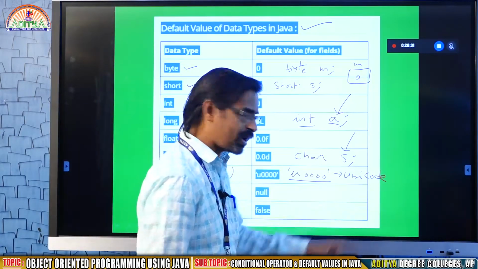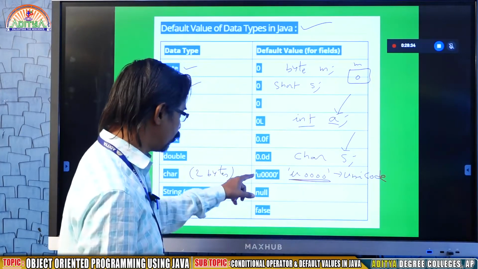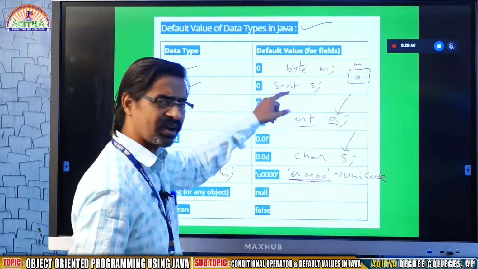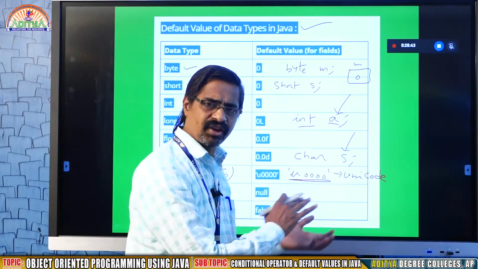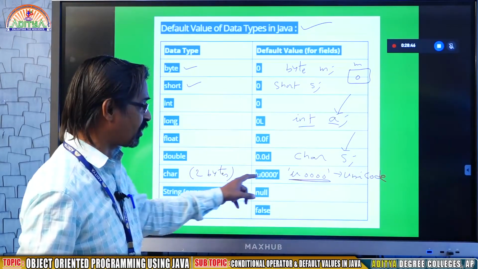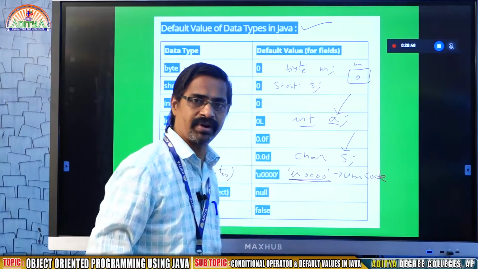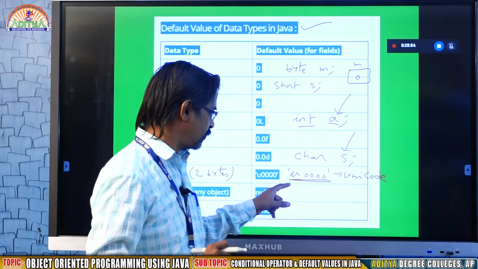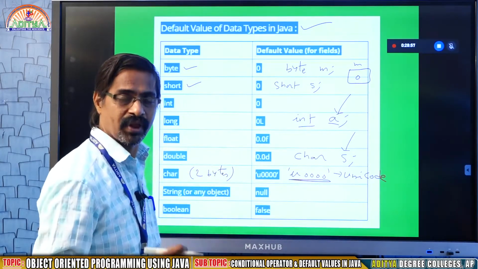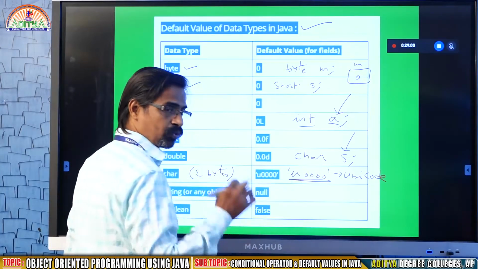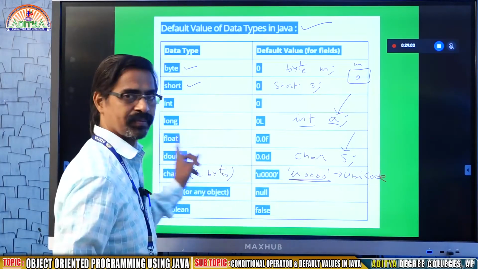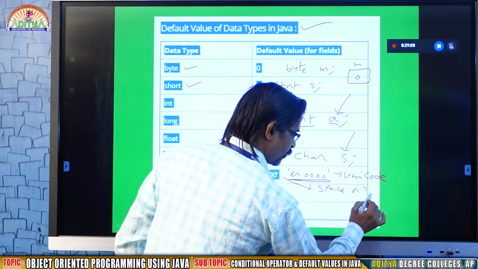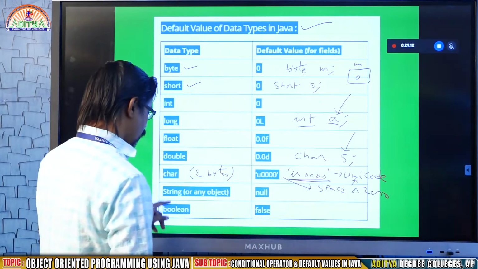So in Unicode format, this value \u0000 represents blank or 0. Remaining types are represented in binary or ASCII format, but char allows only Unicode format. In Unicode format, the space, the null, the 0, treat it as char. So this symbol represents space or 0, in Unicode.